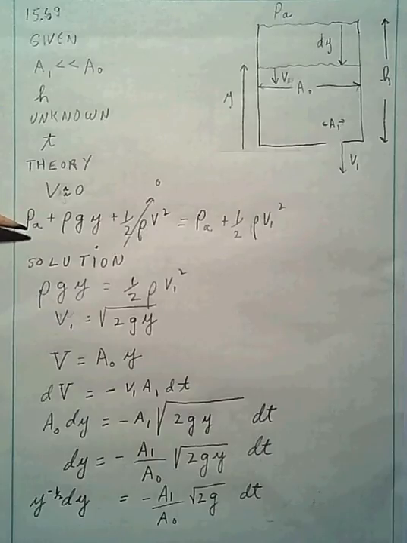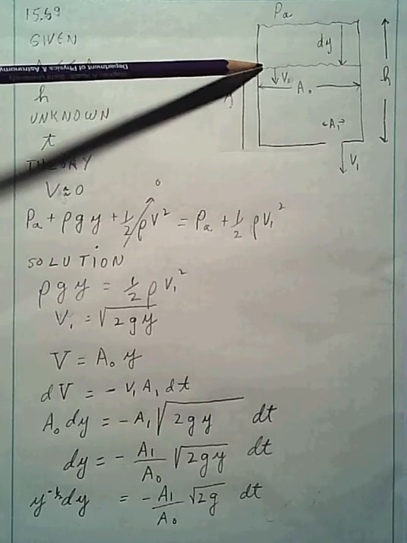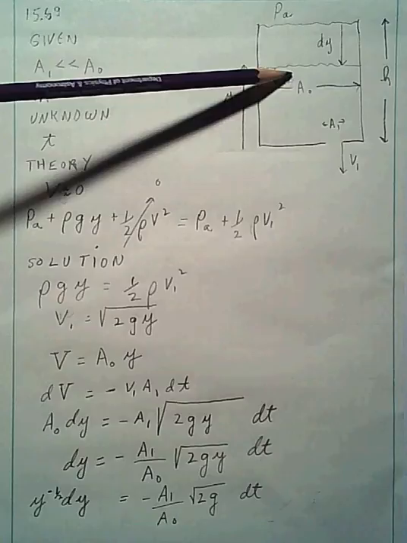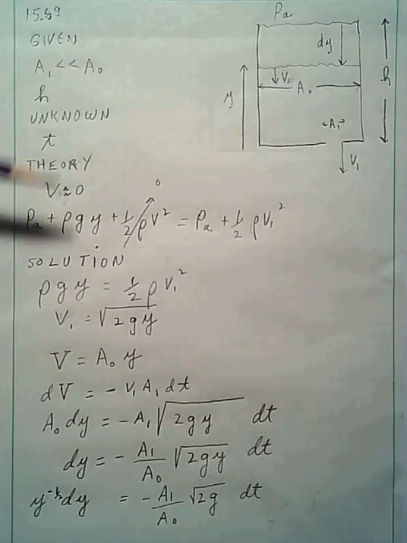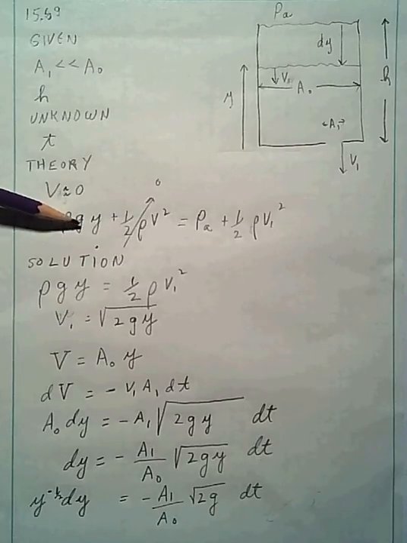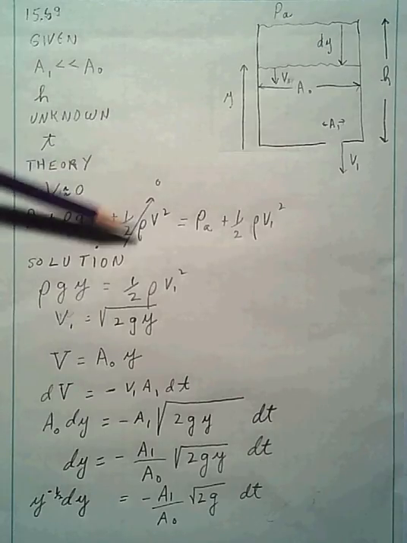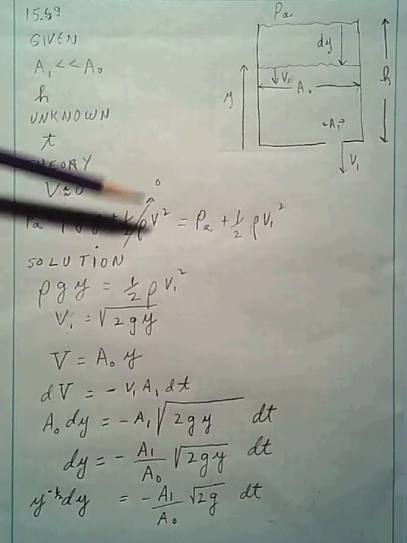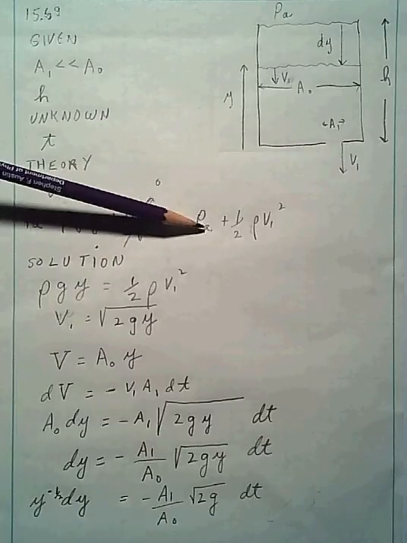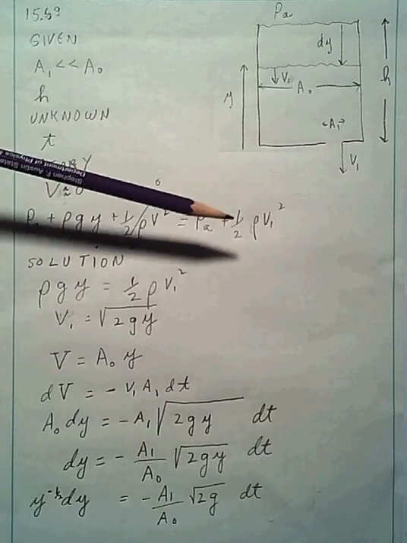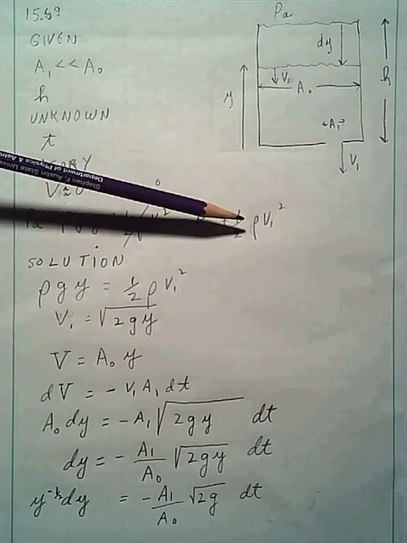So the pressure due to the atmosphere, plus a potential energy term, the density of the water in the can times the acceleration due to gravity times the height, plus, we're going to ignore the kinetic energy terms because the velocity is so small there. That's got to equal the pressure at the bottom of the can plus the kinetic energy term